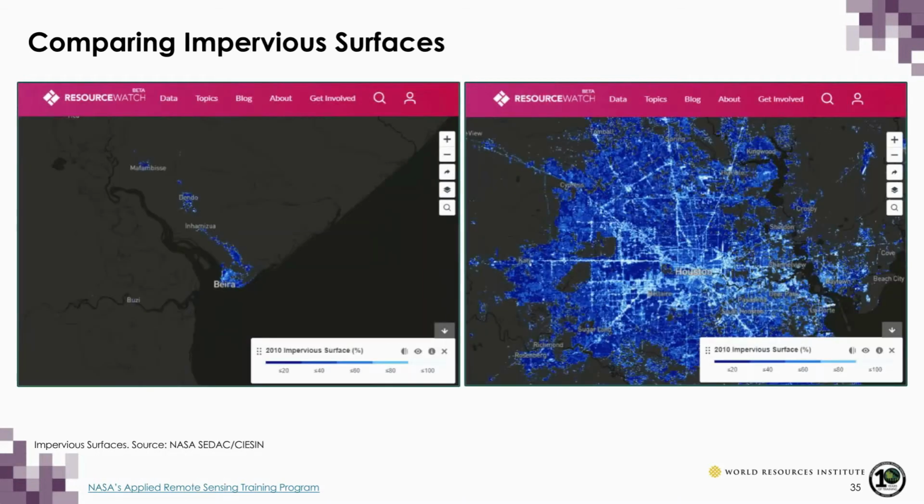Another interesting factor to look at is the impervious surface. So you notice that Hurricane Harvey caused significantly more infrastructural damage than Cyclone Idai did. And now we're zoomed into the Beira area of Mozambique on the left, which is the main area where Cyclone Idai made landfall. And you can see Houston has way more impervious surface than the Beira area does, which is kind of a proxy for how much infrastructure there is there. And this is a big part of why Houston has so much more infrastructural damage than Cyclone Idai did.